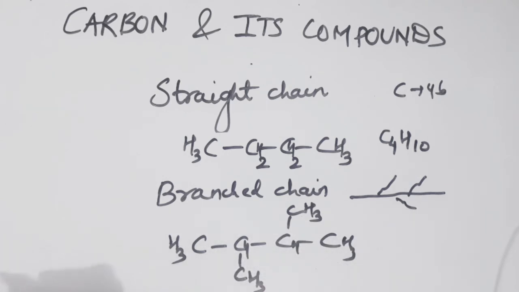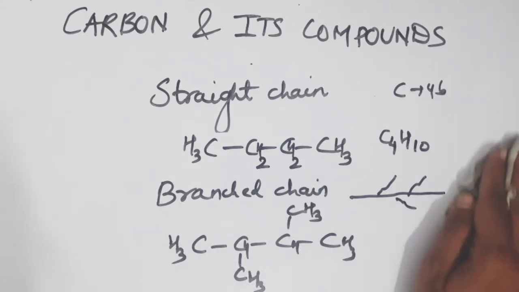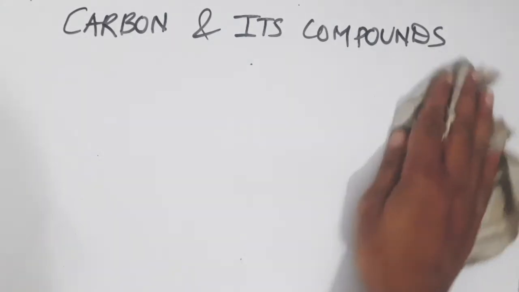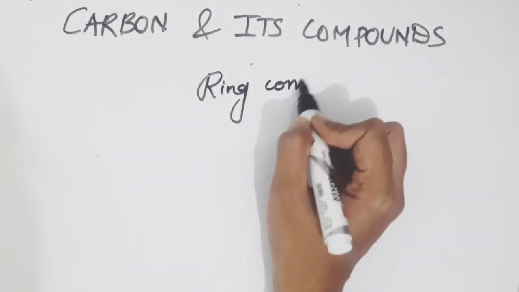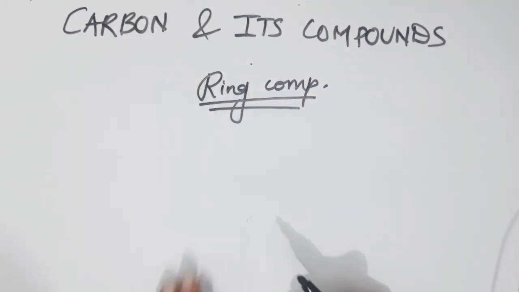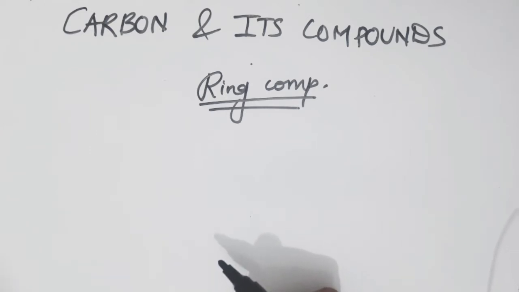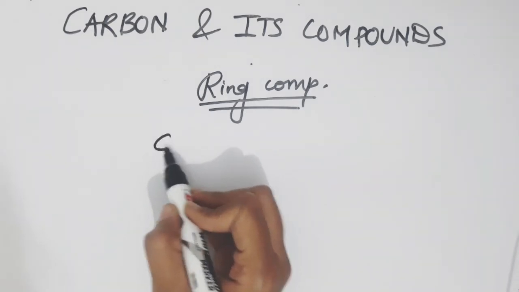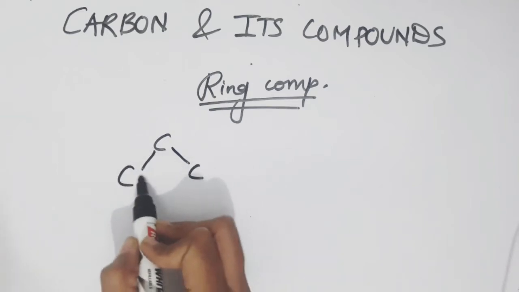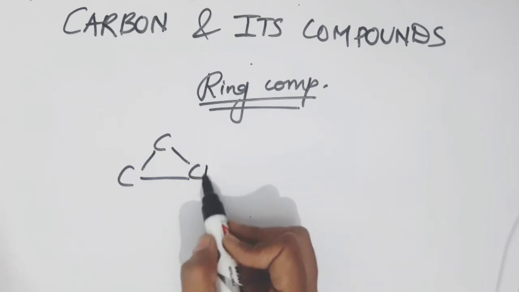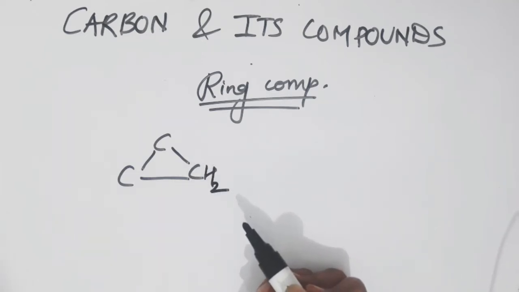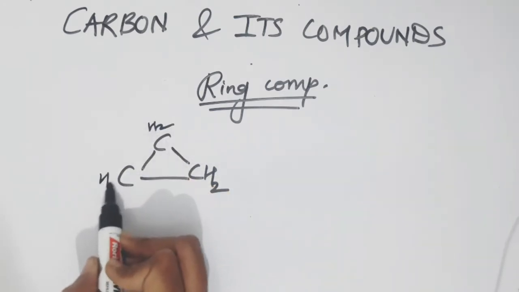The another class of compounds are the ring compounds. Ring compounds, these are another category of compounds that carbon takes part into. Now, when these carbons link together to another in a cyclic form, then these are known as ring compounds. So, if you see here, carbon already has made 2 bonds, so it will complete its tetravalent nature by adding 2 hydrogen. Now, here also we will add 2 hydrogen, here also we add 2 hydrogen.